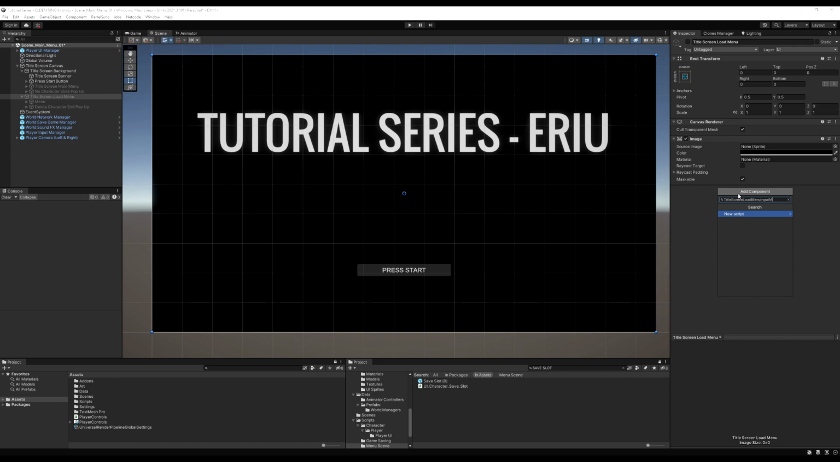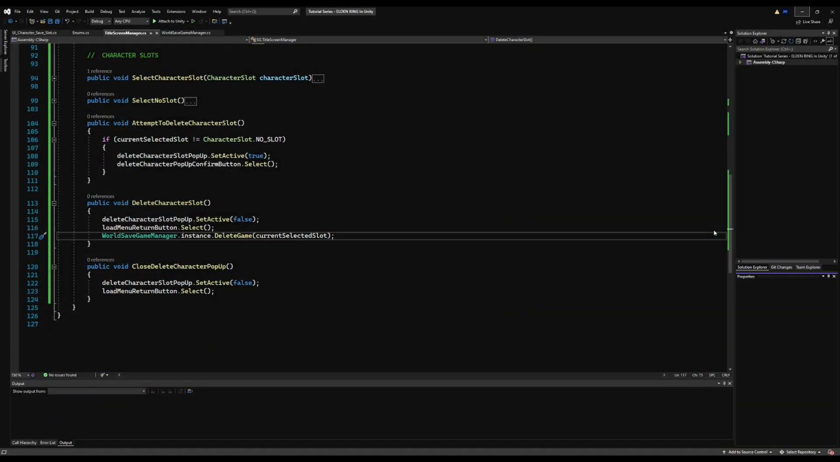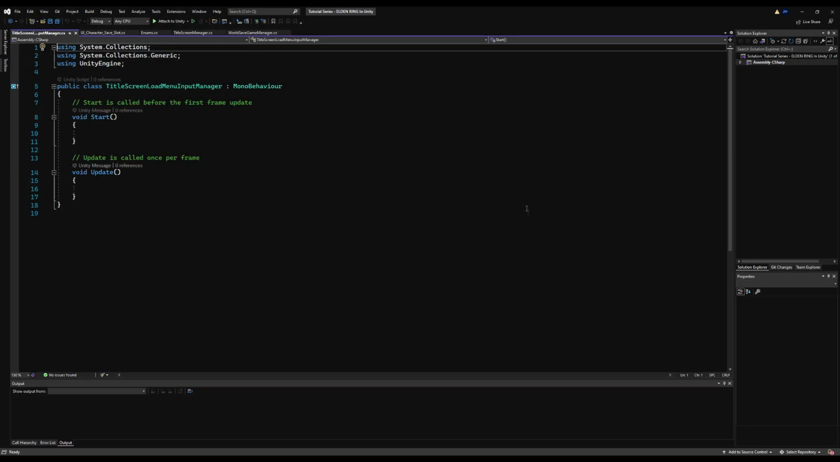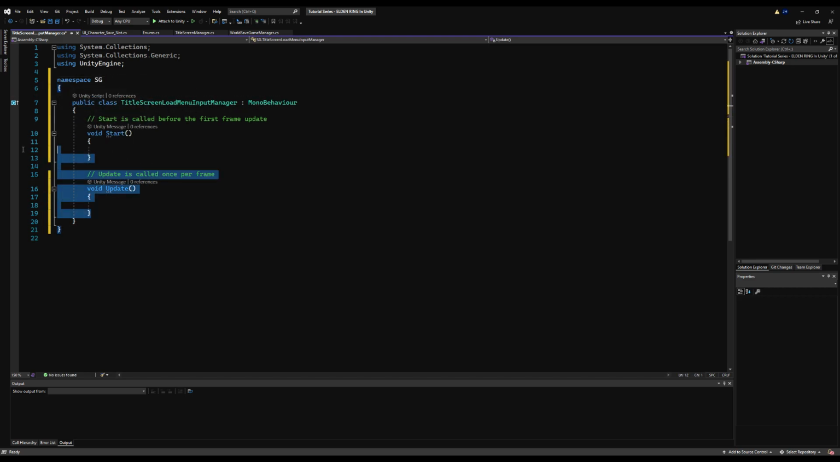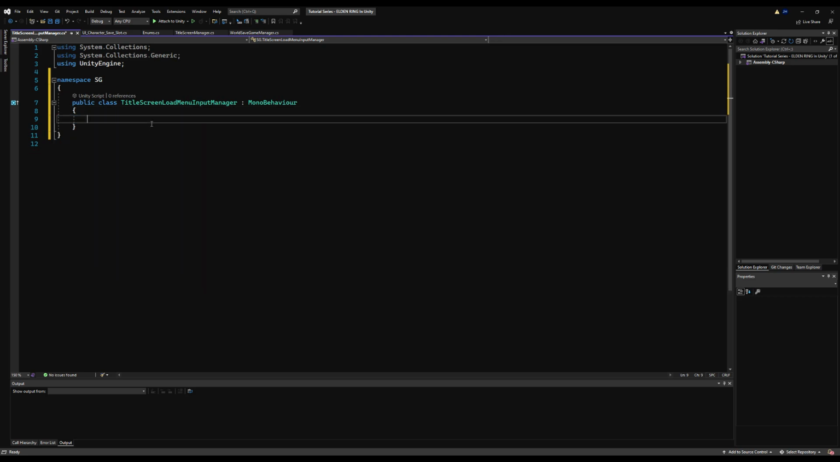So let's make a title screen load manager, or load menu input manager. And if you don't want to call it something as long-winded, that's fine. All you need to know is this is keeping track of the inputs when we're on our loading screen or our load character slot screen. So I'm making my namespace SG, delete the start and update functionality. And if we were to take a peep over at our old input manager, which we'll do in a second,